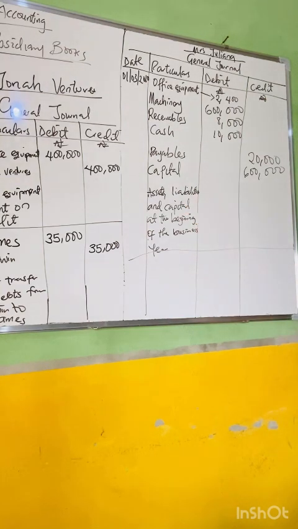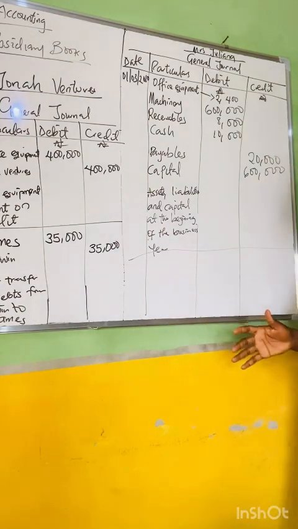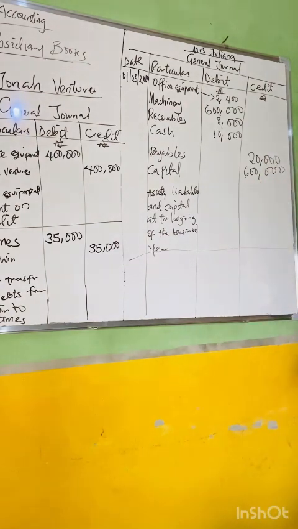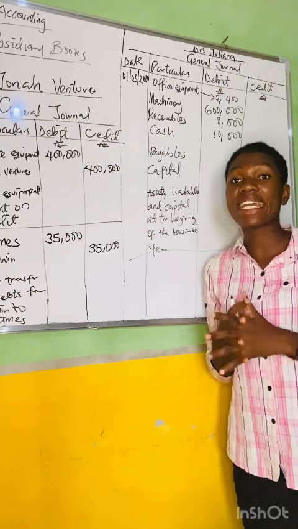Just a little explanation. Okay, so this is how a journal can be used. There are other uses of journal, but for the sake of this video we will be stopping at just these 3 uses. Alright, so with this we have come to the end of